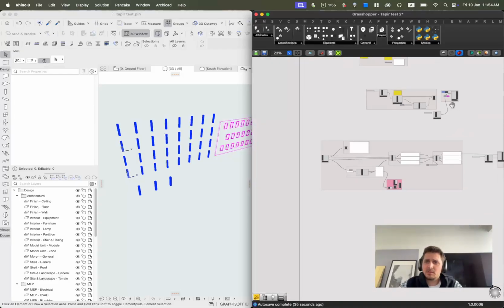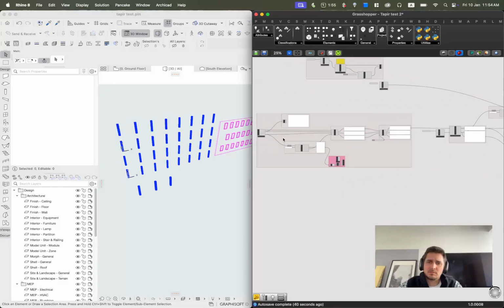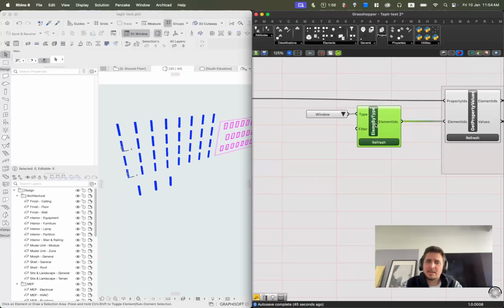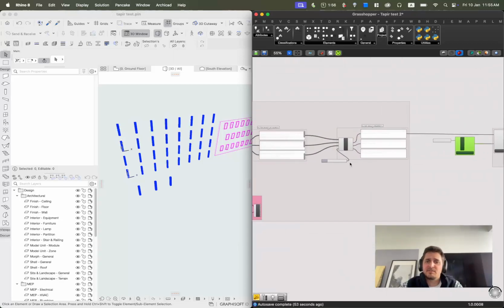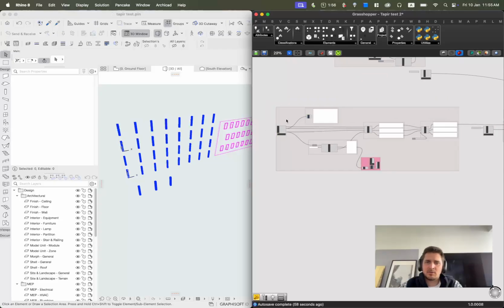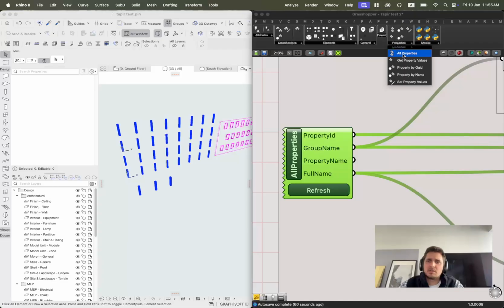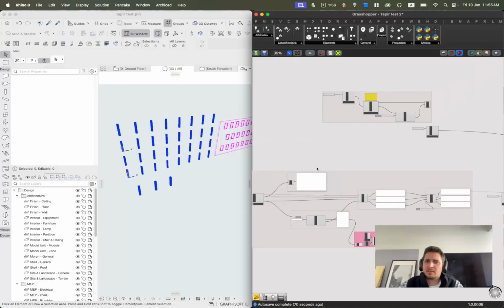So the next method starts with any of the other selection methods. In this case, I am using the element by type. This is giving me all the windows in the file, but then I want to select the ones that have certain specific values of the property. For that, I created this small algorithm. I am finding all the properties in the Archicad file, which is a node that comes here, all the properties, and from that,